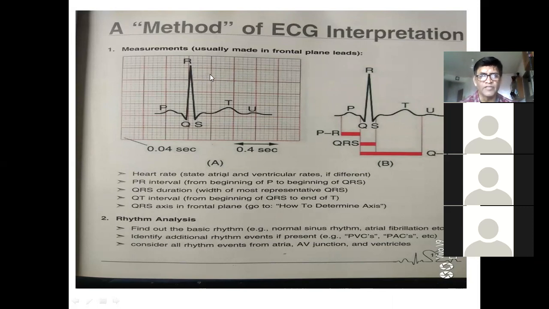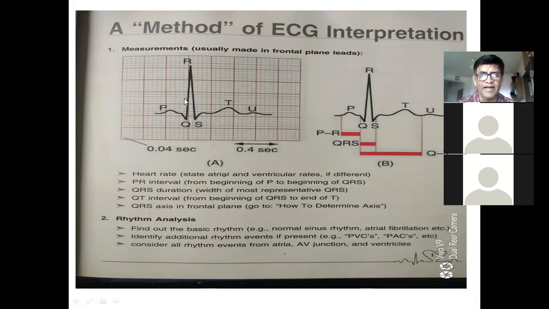Cardiology is a science of accuracy. Write it down: if you learn cardiology, you'll be an accurate homeopath. You want to become an accurate homeopath? Yes or no? Learn cardiology. That's the only way you can become accurate, because it is a science of perfection. Agreed or no? You can see the way the graphs are going. I'll show you some ECGs after this. The last part, I'll write it down.